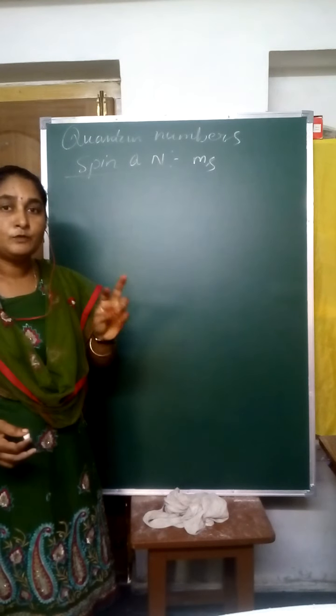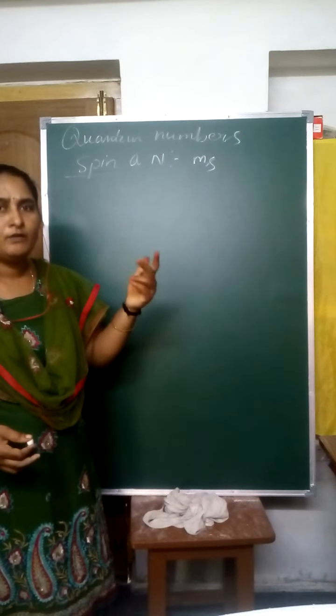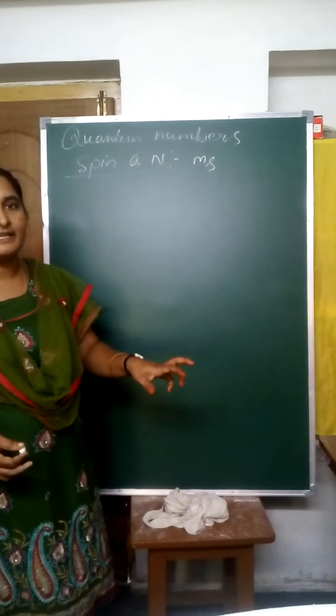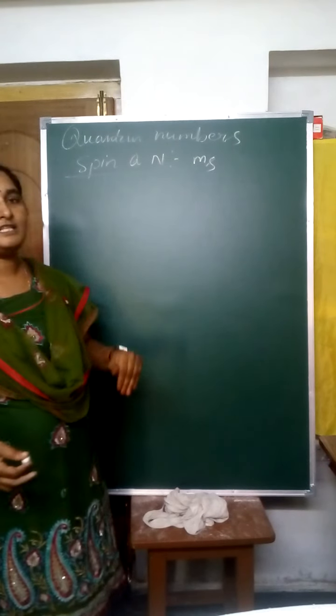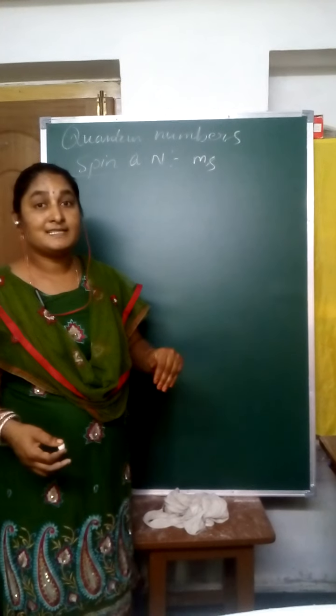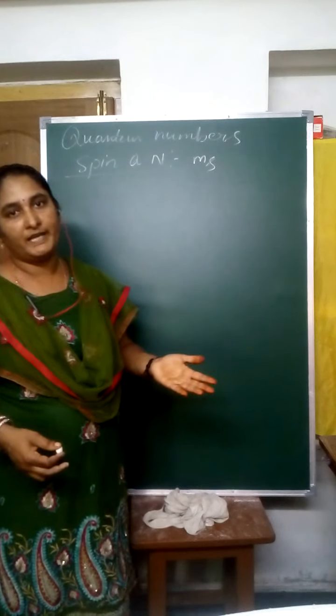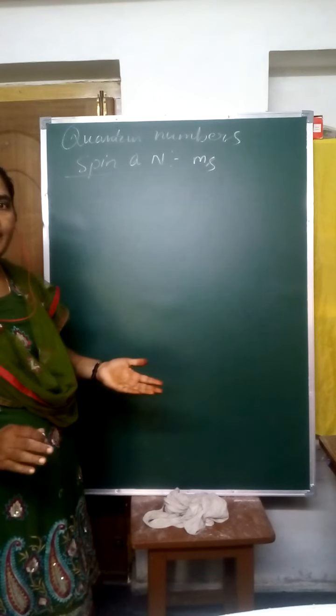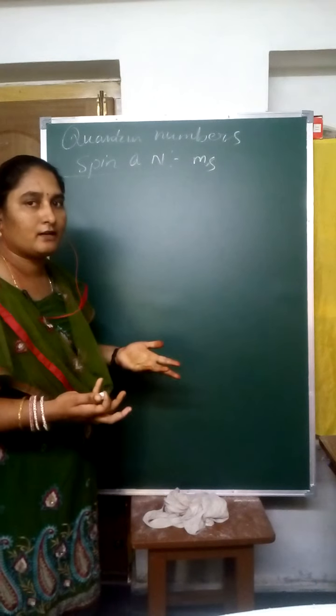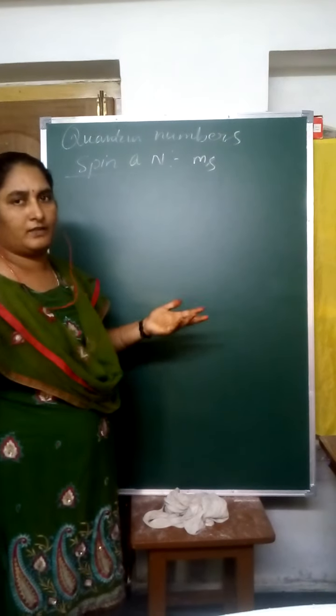That means there is some confusion: which electron is yellow and which is dark? Two colors will be there, light yellow and dark yellow. Two lines are observed. What is the reason? To explain that, the spin quantum number is introduced. It tells us the directional orientation of the electron. That is only a property of the electron.